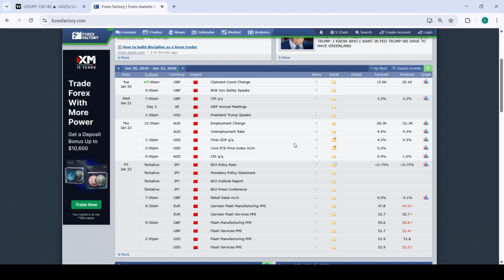So as today is Tuesday, I think in an hour's time we're going to have GBP claimant count change, and then we're also going to have the Bank of England's governor speak this morning. We're also going to have a GBP CPI tomorrow, Wednesday, and we also have the World